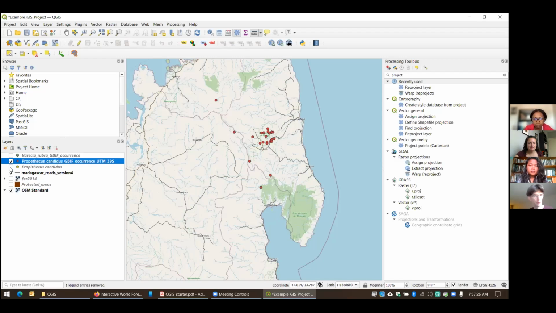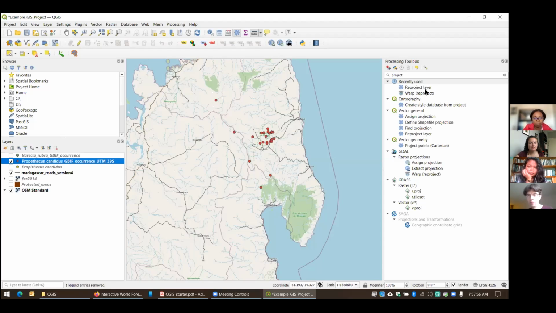Okay, so let's just look at these silky Safaka records that we have here, occurrence data on the landscape. And what if we wanted to build essentially a polygon that enclosed all of these points? So we just want the polygon to basically go around the edges of all of these points. That's what's called a minimum convex polygon. So I'm going to go ahead and create that here for you.